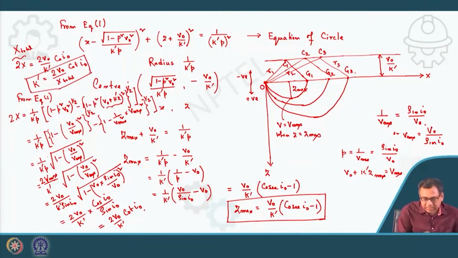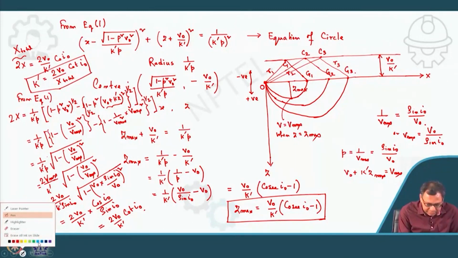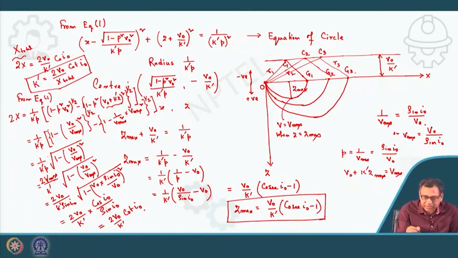So this is another equation. So these two expressions are very important. That is Z max equals V0 by K dash into cosec I0 minus 1, and this is the X total, K dash, how I will get, equal to 2V0 by X total cot I0. Okay. So from here, if I give a boundary between the things that I have discussed,